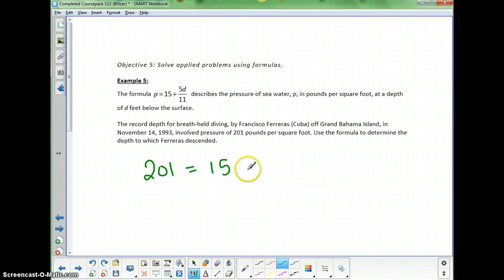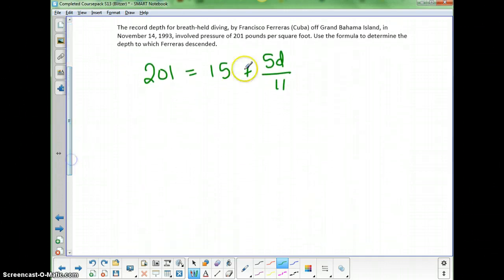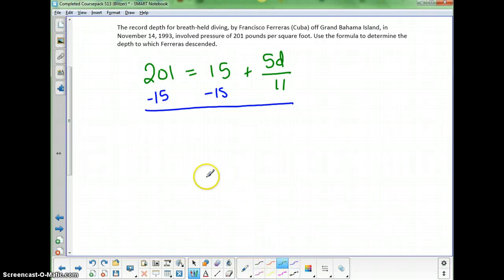So 201 equals 15 plus 5d over 11. I want to solve this equation for d. The first thing I need to do is to get rid of the 15. It's a positive 15, so we'll subtract 15 from both sides. So that will give us 201 minus 15 is, let's see, 186. Forgot the 1. 186